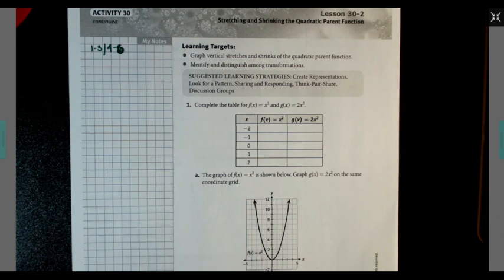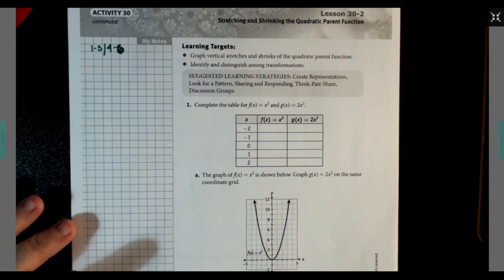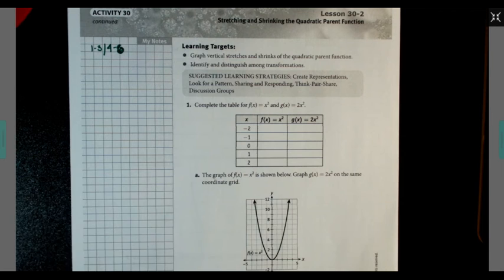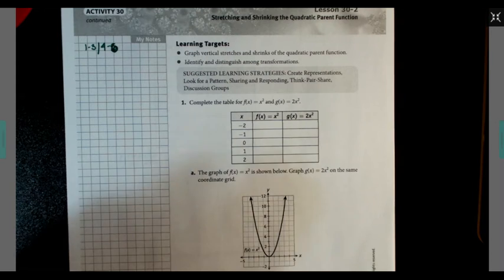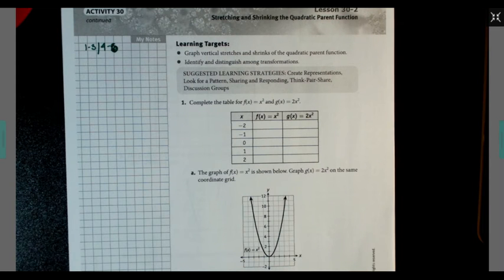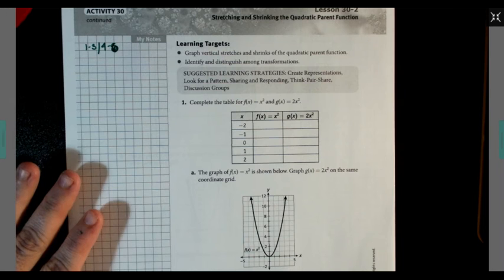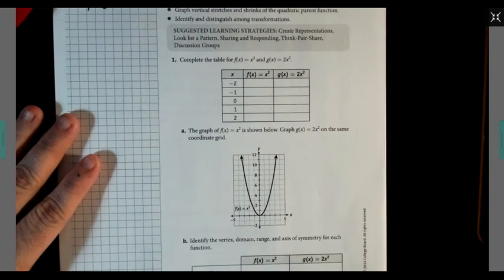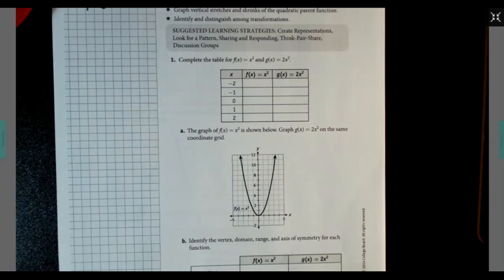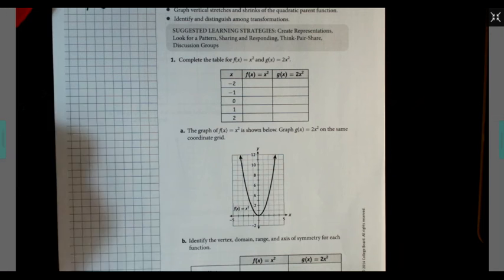All right. Here in this lesson 30-2, we're going to be covering stretching and shrinking of the quadratic parent function. We will be splitting this lesson into two separate sections, questions 1 to 3 and questions 4 to 6. Number 1 states, complete the table. F of x equals x squared